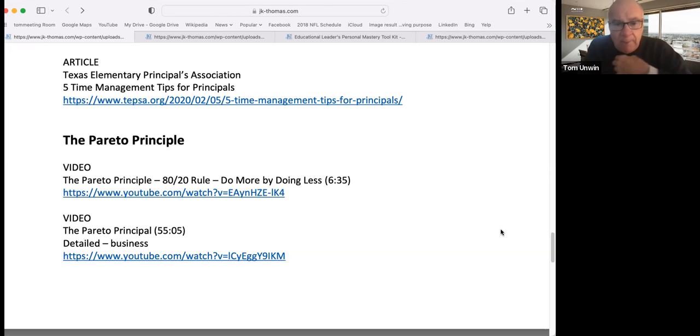And my solution at that time was to write a new policy for the school, work with a team of teachers to get policies and practices in place around student discipline, all to solve that problem, because in my view it wasn't working properly. And then I read about the Pareto principle.